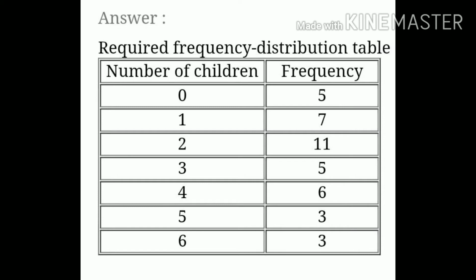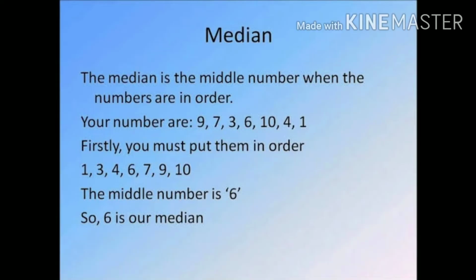Then in the third row the number of children is 2, whereas the frequency is 11. That is, in 11 families there are 2 children. Then next the number of children is 3 and the frequency is 5. That is, in 5 families the number of children is 3. So like this we can make the table for the 40 families. Here we made the data of the 40 families in a tabulation format, which makes our understanding much better. In this short table we could know all about the 40 families' children, that is the frequency table.